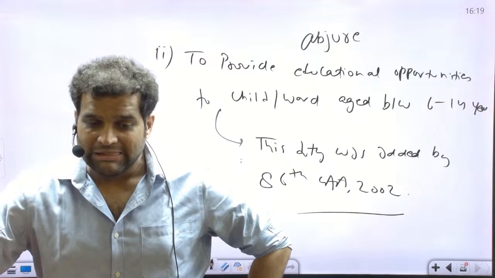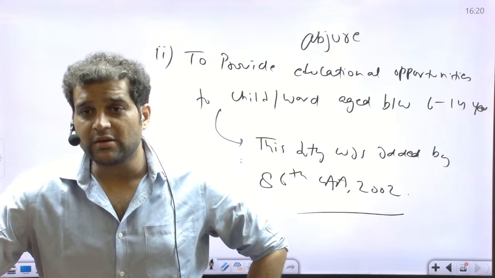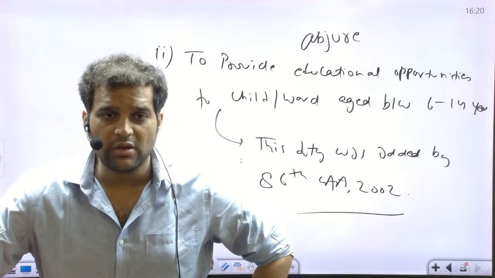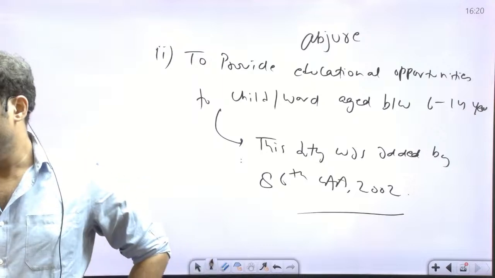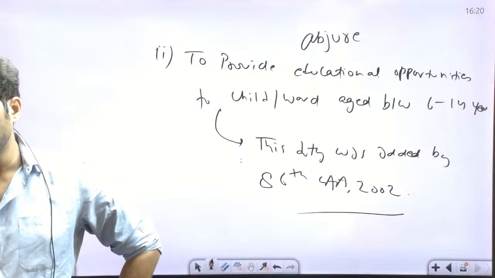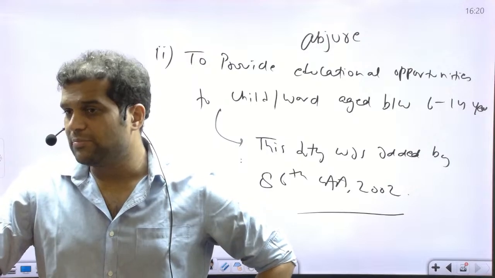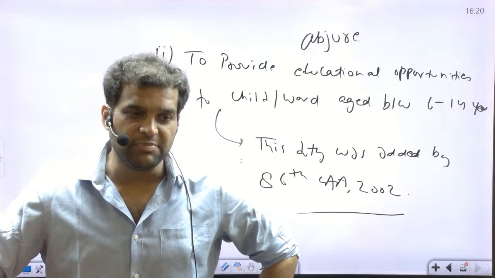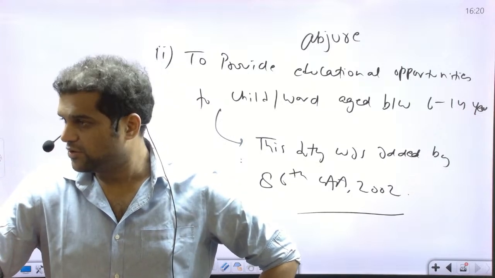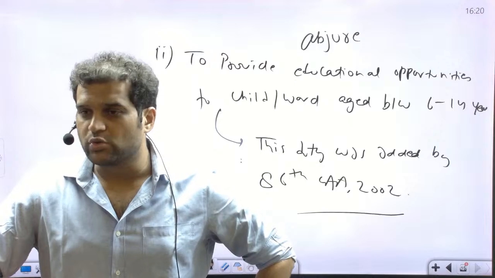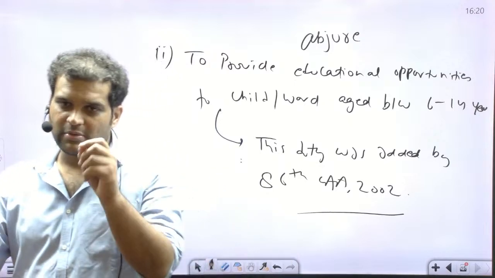Now tell me, have you received the GS book by Pioneer, which contains the theory? In the next class, you will be carrying a book with you, any GS book, because we are going to deal with DPSPs and fundamental rights. I won't make you write all the DPSPs and fundamental rights in detail. We will just point them out in the book.